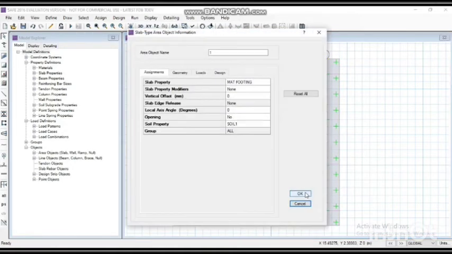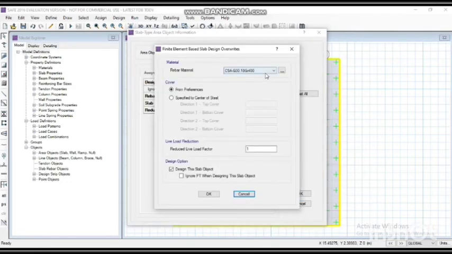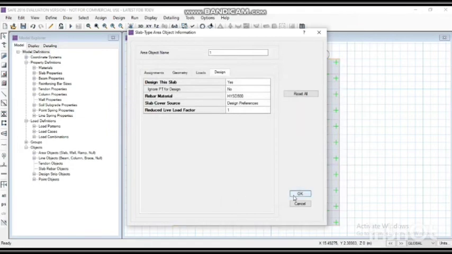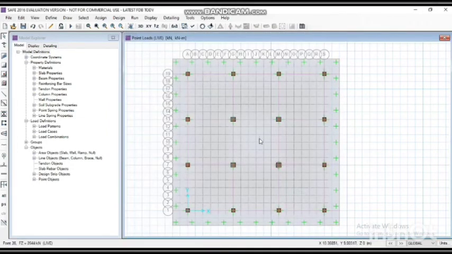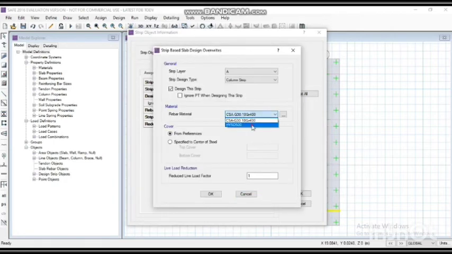Now click on collar footing and then change the rebar material as SYST. Click on all columns and change the material for rebar. All strips in A and in B direction as SYST 500.